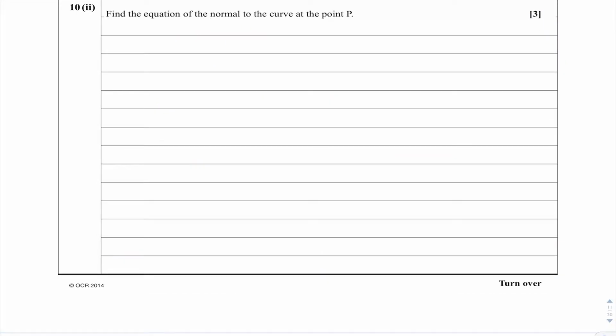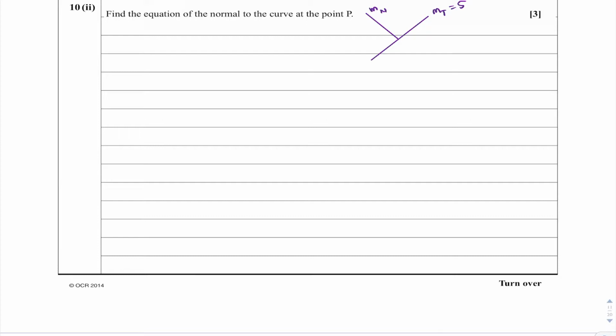Question 10.2. Find the equation of the normal to the curve at the point P. Right, so from the normal, just to remind you, the gradient is that one. If that was the gradient, let's call that mt, and that equals 5. The normal is a line perpendicular to the tangent. That's what's called normal. And the gradient of the normal, let's call that mn, that has to be